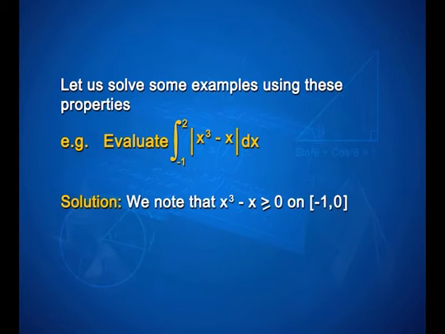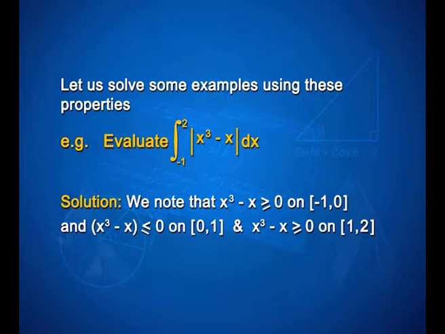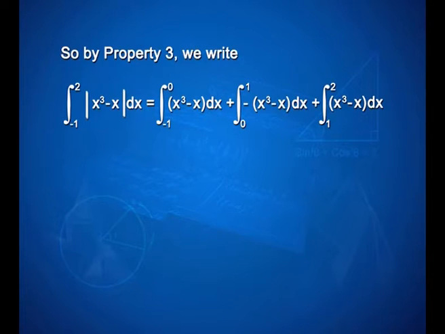For the solution, we note that x cube minus x is greater than or equal to 0 on the interval minus 1, 0, and x cube minus x is less than or equal to 0 on the interval 0, 1, and x cube minus x is greater than or equal to 0 on the interval 1, 2. So, by property 3 we write integral minus 1 to 2 modulus x cube minus x dx is equal to integral minus 1 to 0 x cube minus x into dx plus integral 0 to 1 minus of x cube minus x into dx plus integral 1 to 2 x cube minus x into dx, that is equal to integral